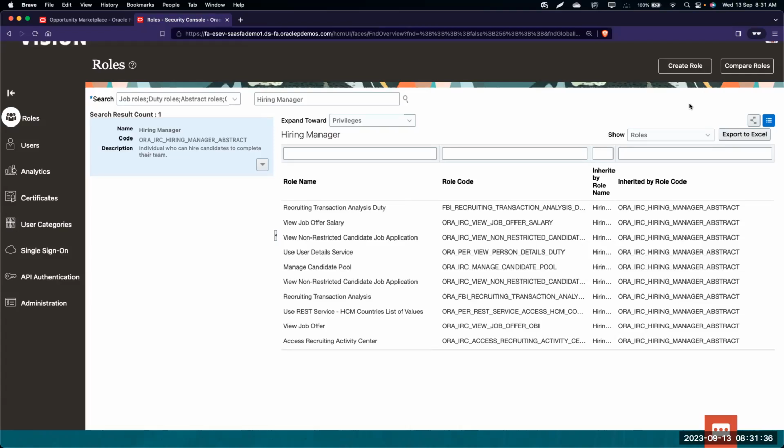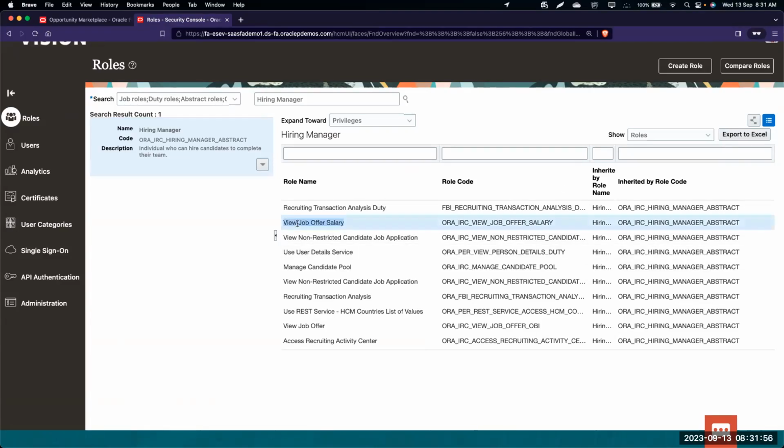Say there is a particular privilege, and we try to search for it on Oracle Support. We do get information about it, like for Taleo, we used to get it. So we do get some information about what that particular privilege would do.